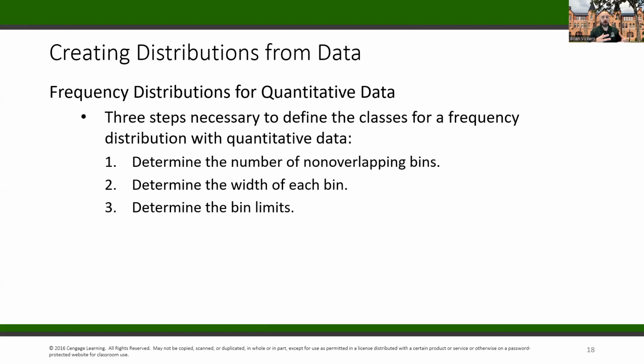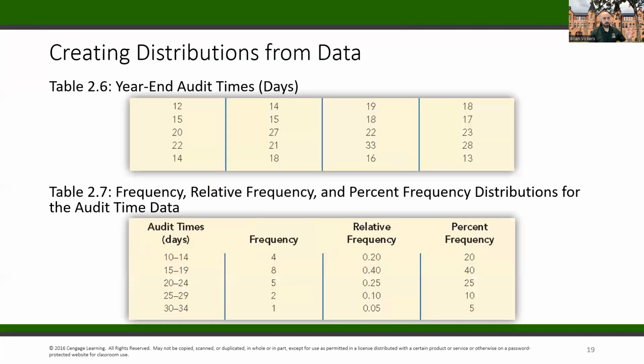From here, we often will lay these out in a chart or graph of some kind by splitting them up into specific frequencies, to give relative information about them. Here's an example. So this is the year-end audit times. How long did it take us to complete our audit at the end of the year? So this is the number of days, and these are the last 20 years of data of how long it took to perform our audit at the end of the year. Or maybe this is by department or something like that. So what we do is we look at all the observations of this that occurred,